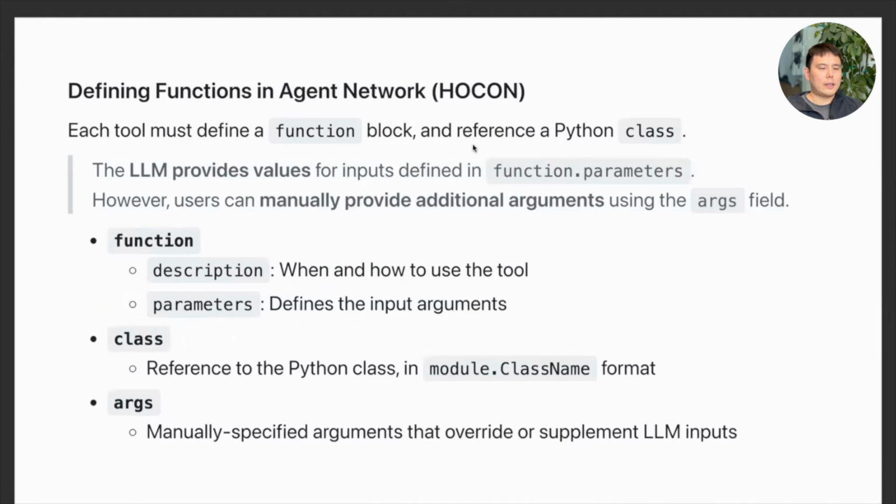So first, we must define the functions in the agent network. That means we need a function block and a class that refers to the Python class. Also, in the function, we need a description, which tells the LLM when and how to use the tool. Also, we need parameters, which will tell the LLM what parameter input it needs to provide to the tools. And the class will point to the Python class. It has to be in the format of